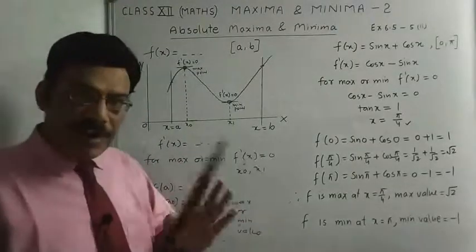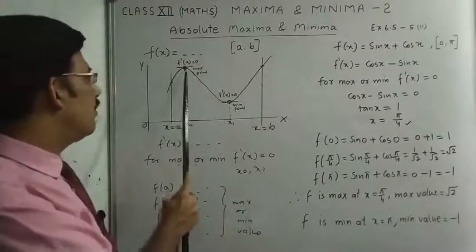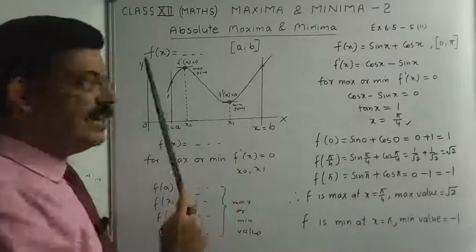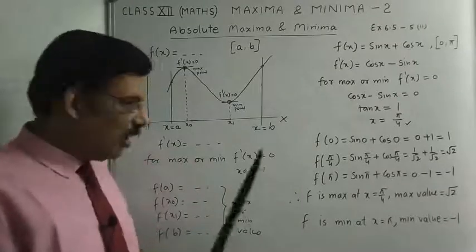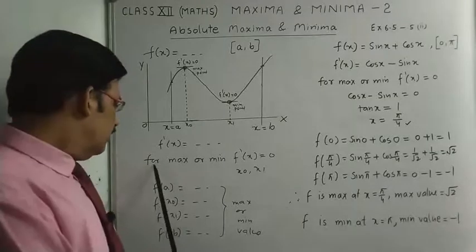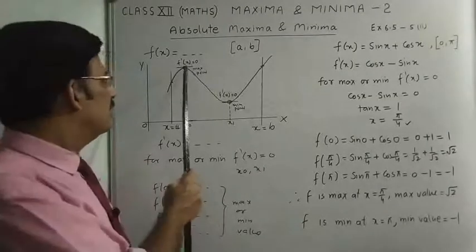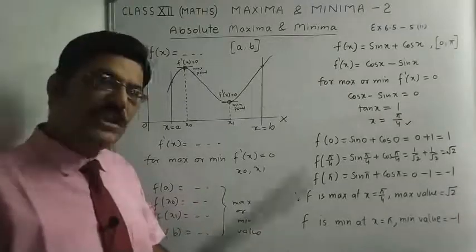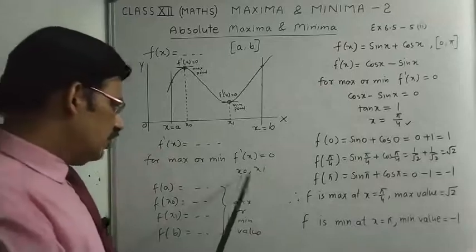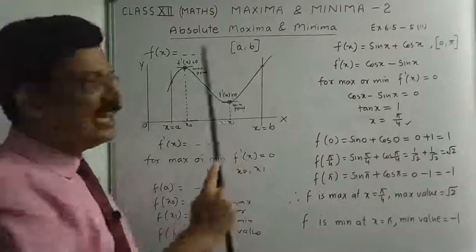So you have to find the maximum value and minimum value in the entire interval. It means you have to check at these points, and the end points of the interval, that is a and b. For which, first you have to differentiate the function. Then for maxima or minima, the derivative must be 0, because both are turning points, and you know for turning points the derivative must be 0. Now you got 2 points x0 and x1 which lie in the closed interval [a, b].